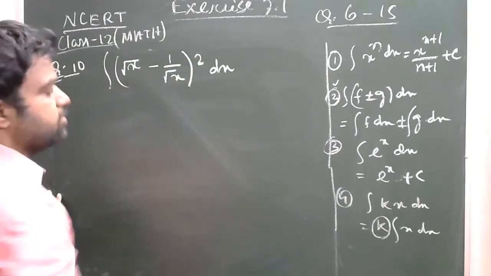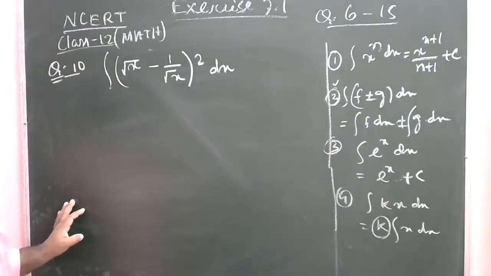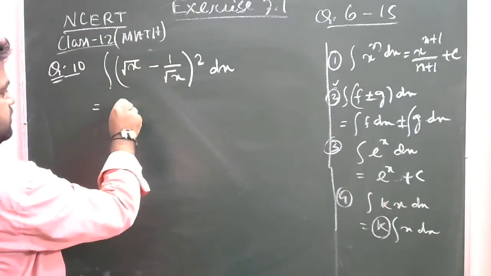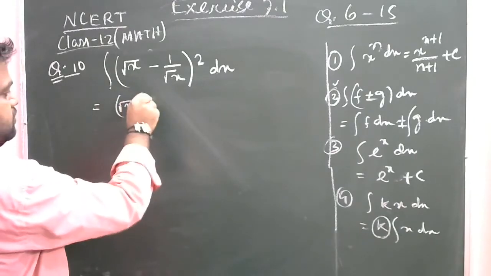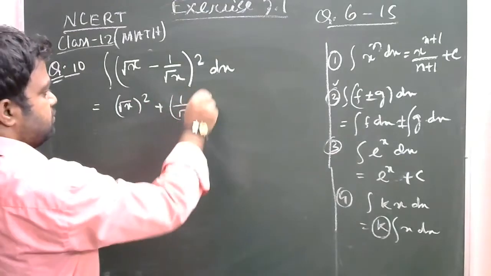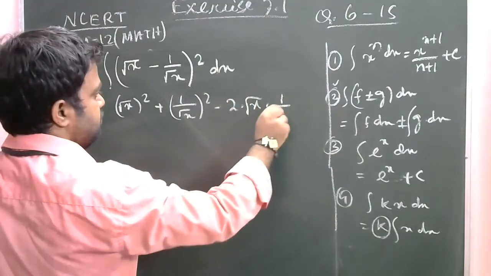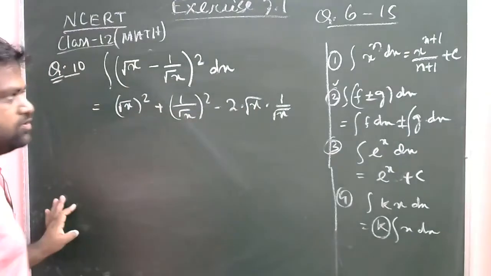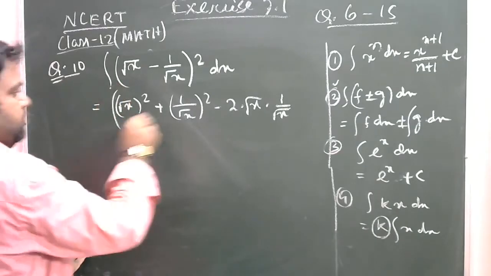(a minus b) whole square, where a is root x and b is 1 upon root x. Easy. Root x whole square is a square. So root x whole square plus (1 upon root x) whole square minus 2 into root x into 1 upon root x, that is 2ab. a square minus 2ab plus b square, which is (a minus b) whole square, right? And whole dx